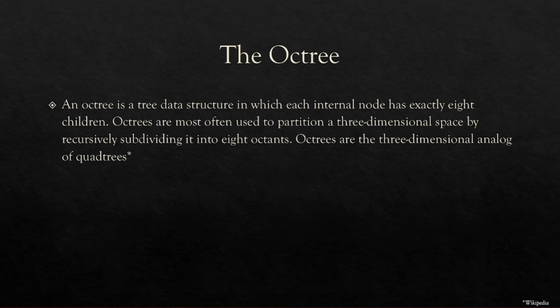So why is this helpful to us? The key is in the "most often used to partition three-dimensional spaces" part. Now, aren't we dealing with colors and not three-dimensional space? By using the RGB color space, we have essentially what amounts to a 3D coordinate system in a 256 by 256 by 256 cube. Each point in the cube corresponds with one of the 16 million colors in the RGB